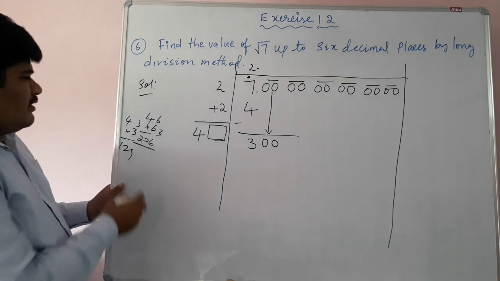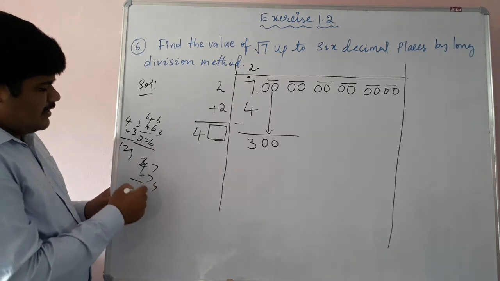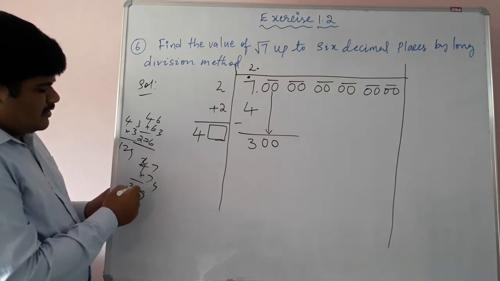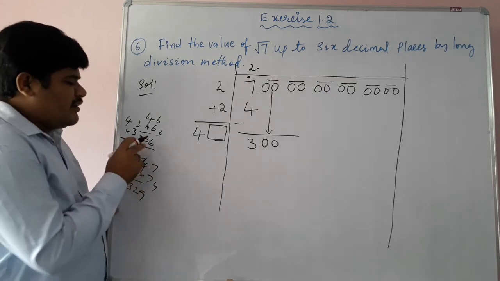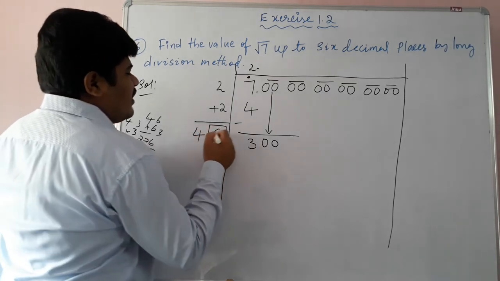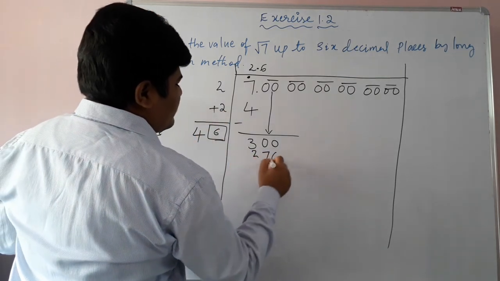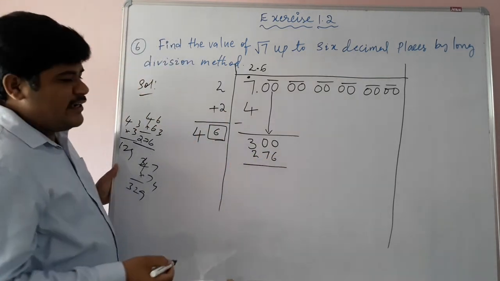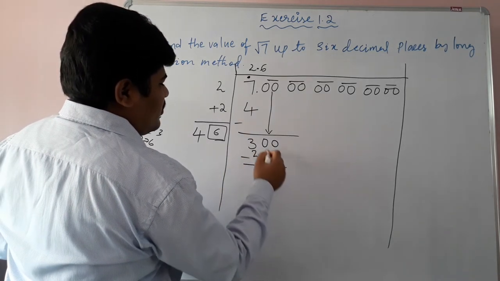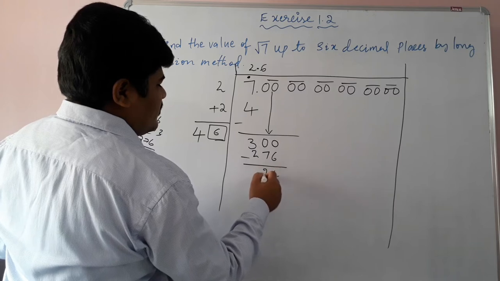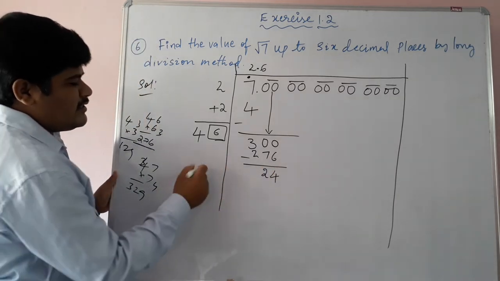Okay, so here we check once. 47 sevens are 49 and this is 28 plus 4, 32. 329, it's exceeding. So the nearest small number is 276. So 46 6 are 276, right? So now we need to subtract this number. So here what will we get? 4 minus 7, 2 and here 0. Right. Now we are going to the next step.